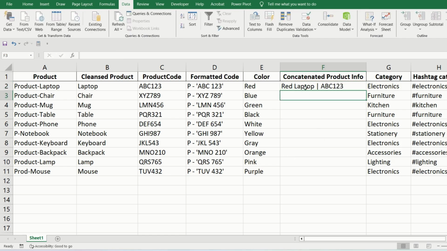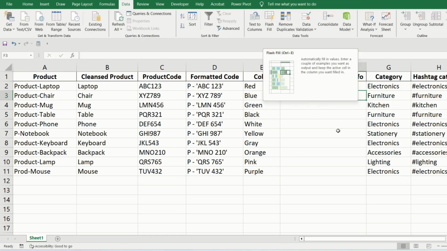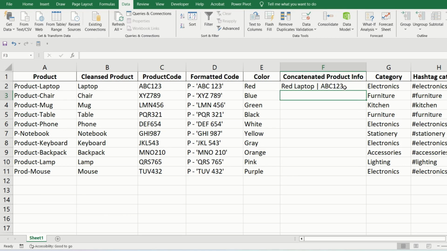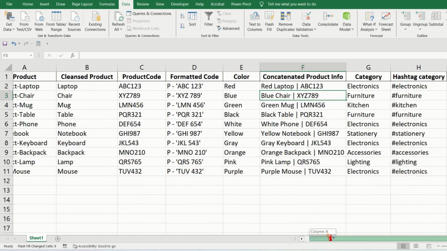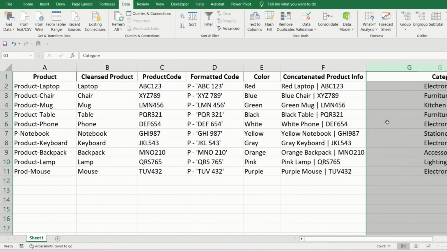So again, I'm going to instruct Flash Fill to understand what we have here and expect it to auto-populate it in the same way, concatenate it in the same way for the remaining products. And it's done the job. So this is a concatenation function.